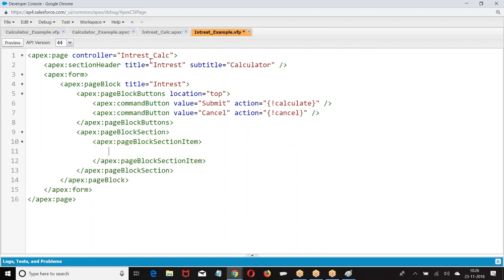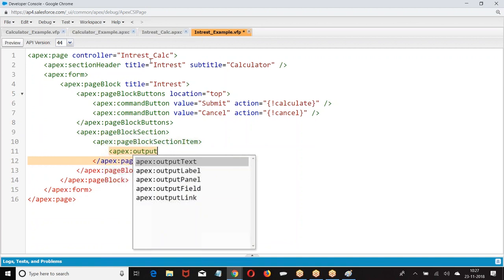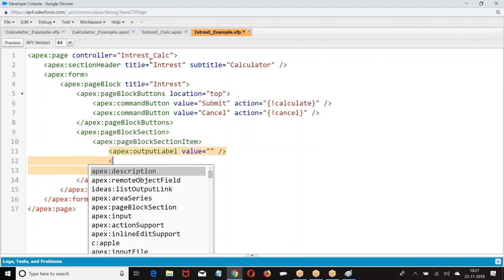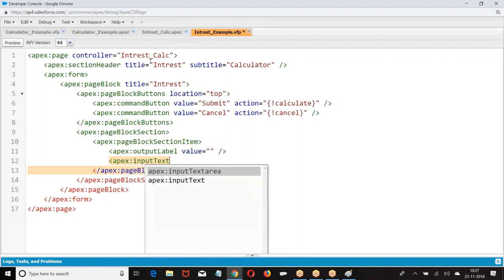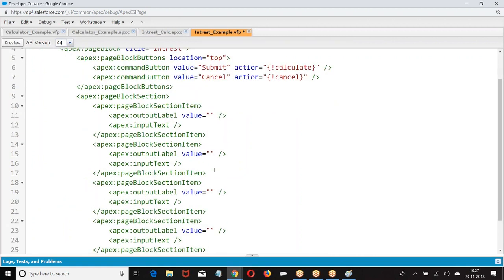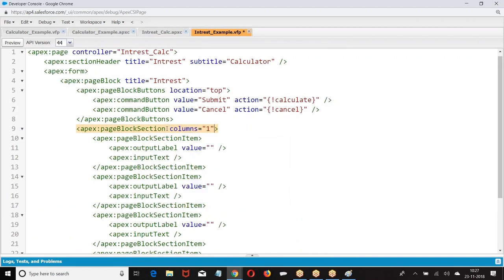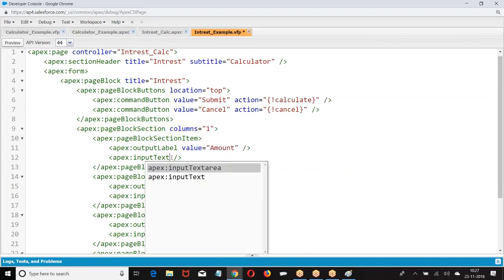In the page block section item, I was taking Apex. I'll put label. Value. I'll just take it. I'll take the combination of this. I'll take 4 elements first. Now, how many columns you want? Columns equal to 1. We have amount.